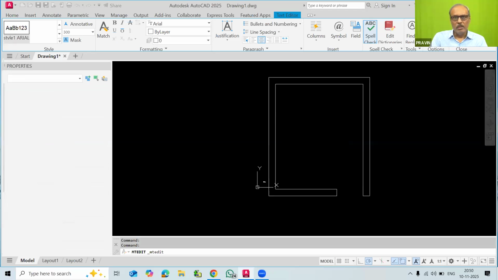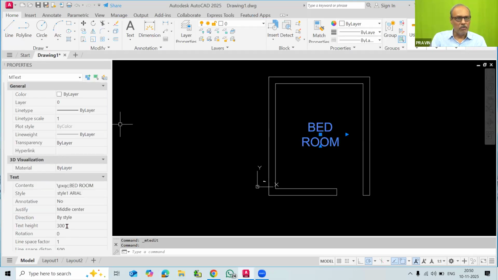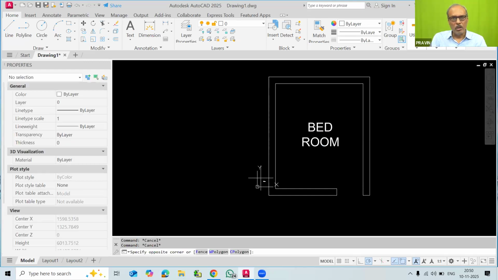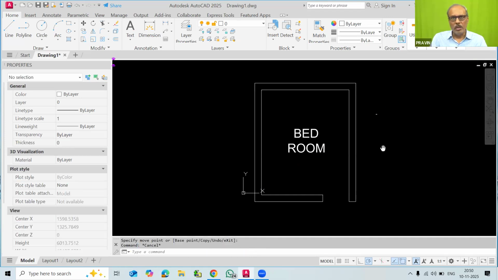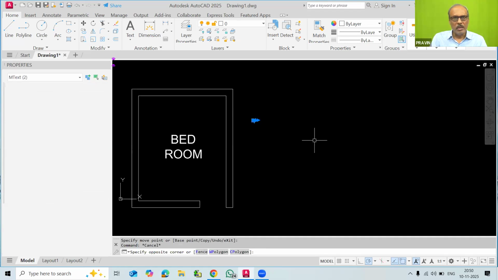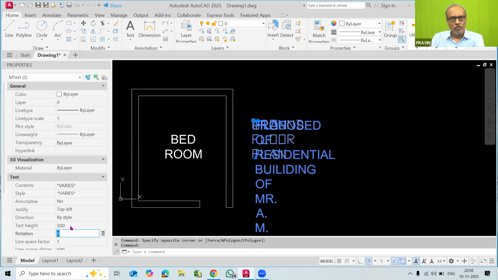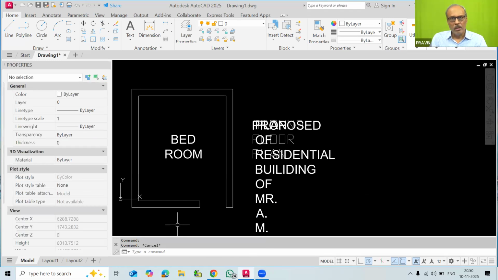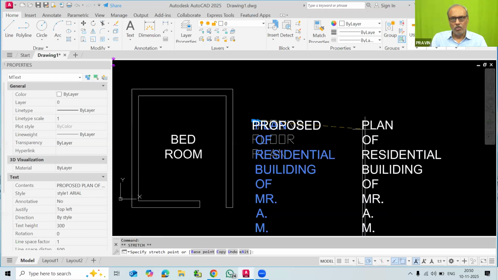You can see that the minimum height of the text is 300 mm. So text height 300 mm we have to take. In such a case, whatever text I have written here, we also have to alter the size of that text. I will keep it here once, and then I will also edit that. I will select that text and type here the text height as 300. Now it is gone here, and now I have to select that and change the width of that box.